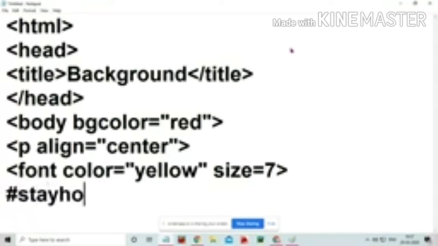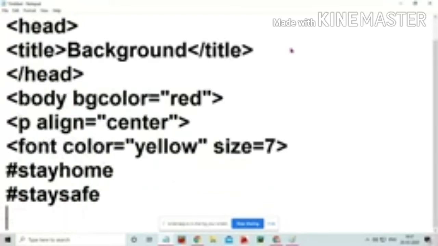Then now I'll type the content of the web page. Stay home, stay safe. In between stay home and stay safe, I want to give some space. Stay home, stay safe, stay strong. In between I want to give some space also.